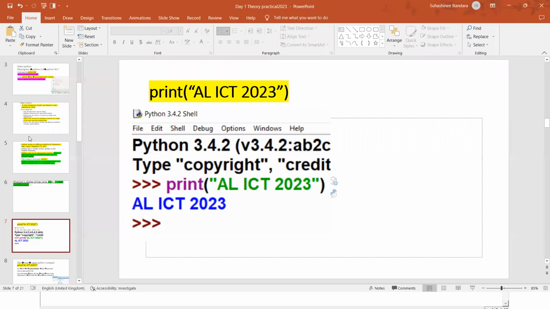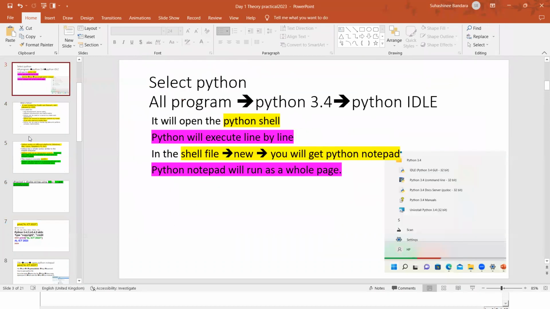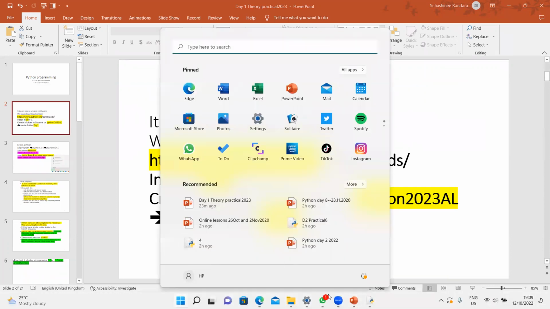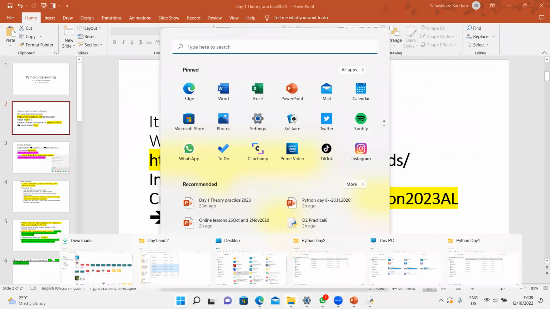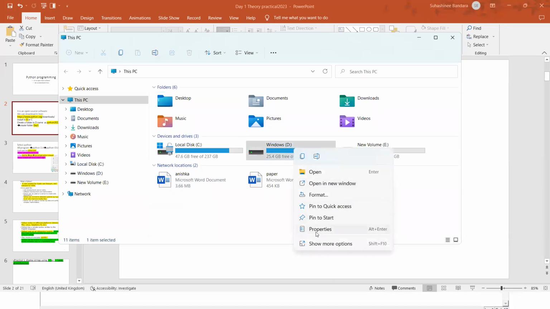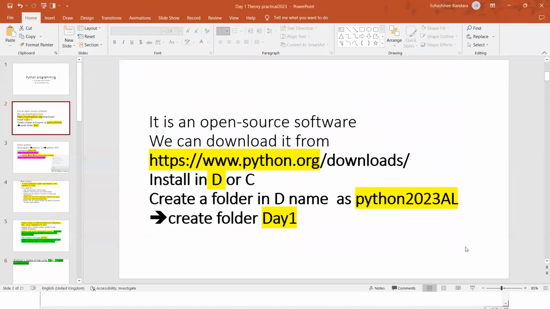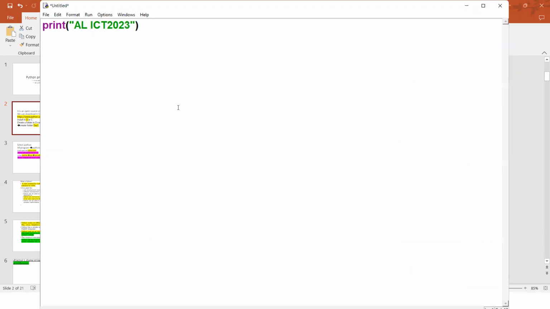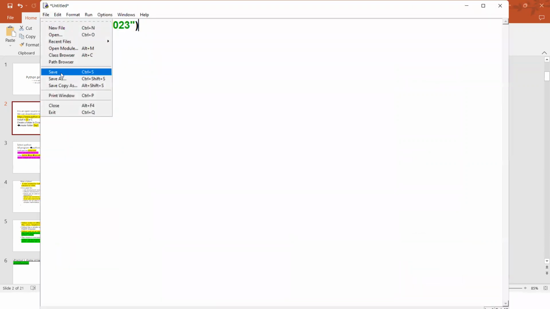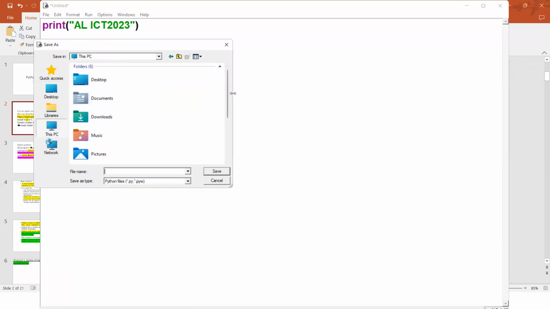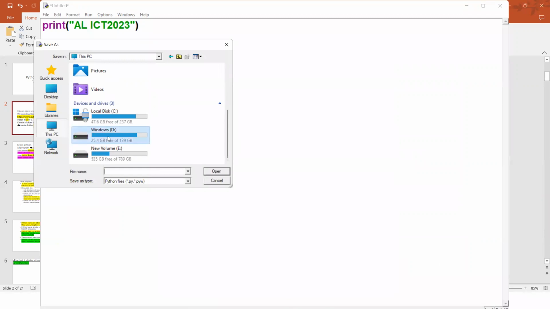According to the presentation, I asked you to make a folder named 2023. I'll save it in This PC, go to the D location, and create a folder there.